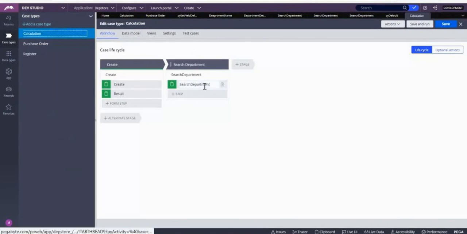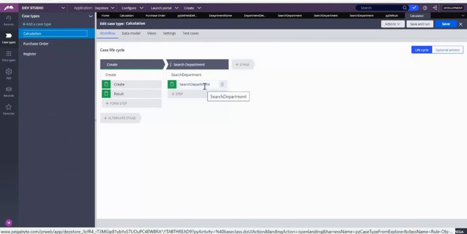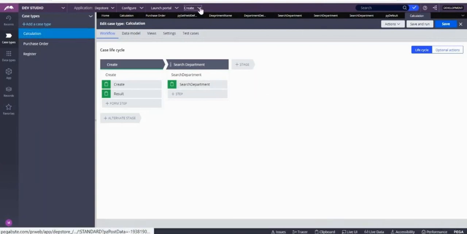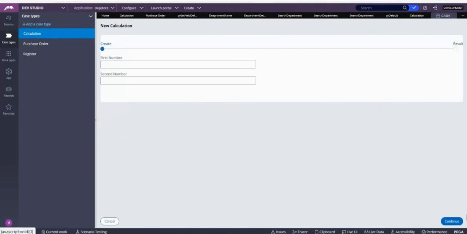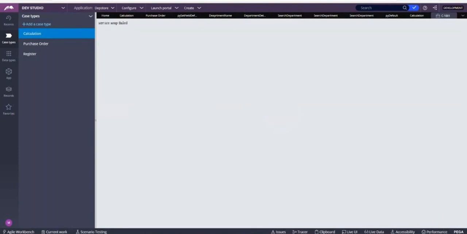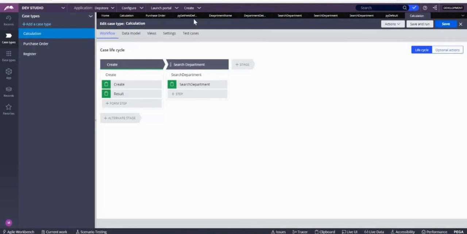Instead of working on the case life cycle, I added it directly, because I have done everything using the ID file. So let's create and check the output. I think this will throw an error, because without giving data I can't move forward.